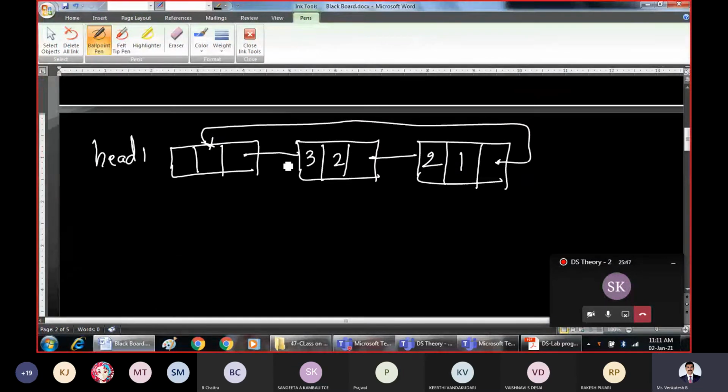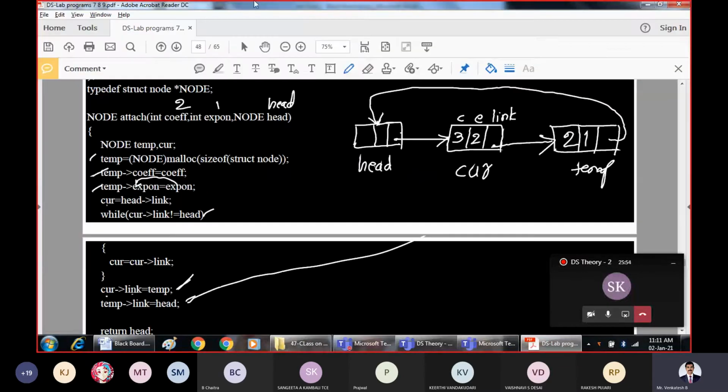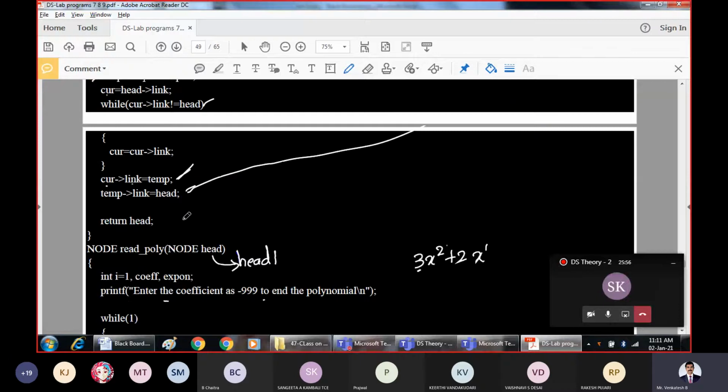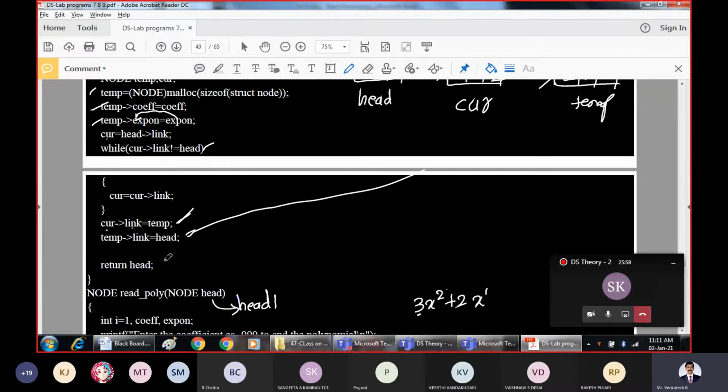Head 1 is pointing here, and these are simply the pointers. The first polynomial is successfully read. Now ultimately it is returning the head.